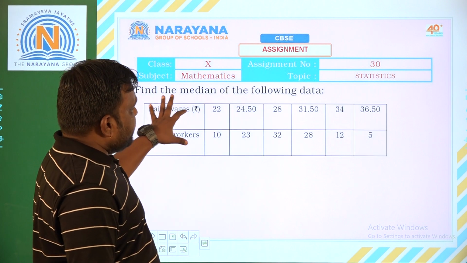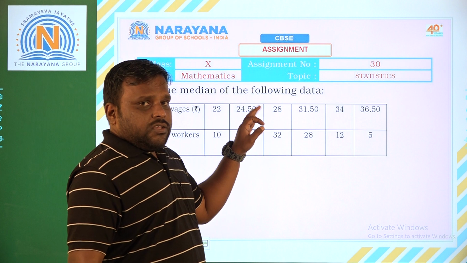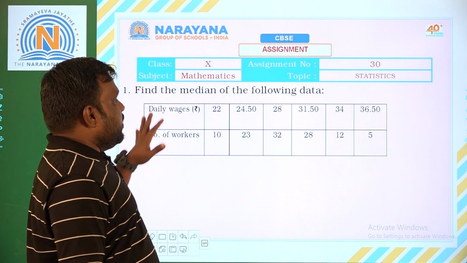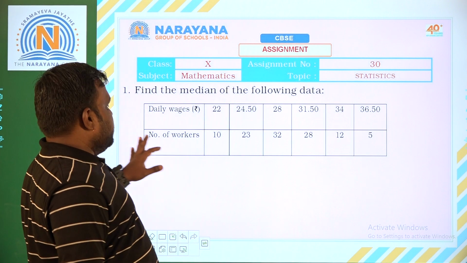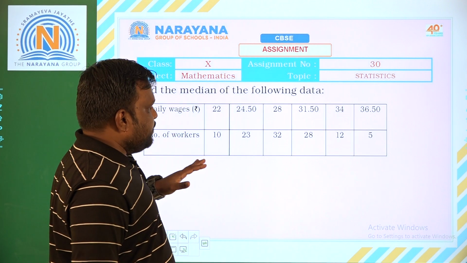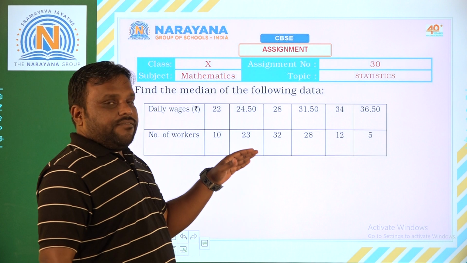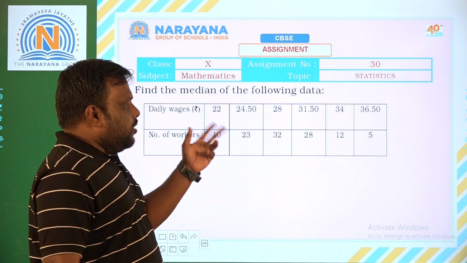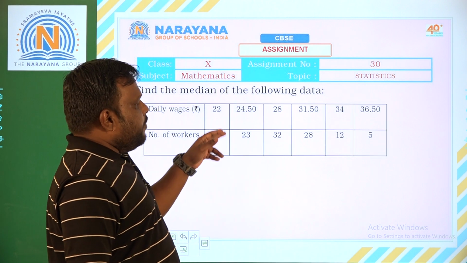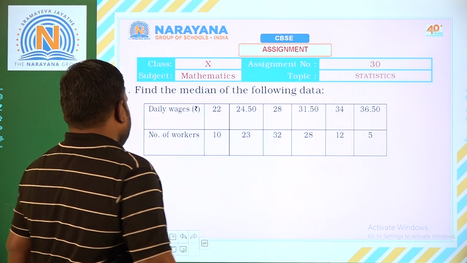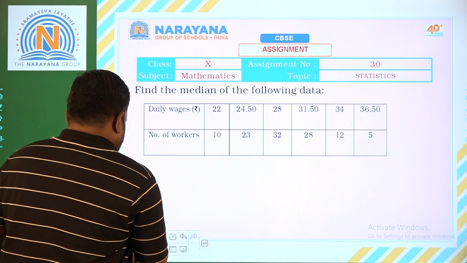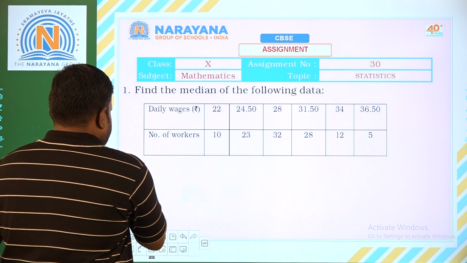So here we can see that this is ungrouped data. When you are going to find the median of this ungrouped data, what is the actual method of doing this? We just have to go for the total frequency, and after that we have to check whether it is even or odd. Depending upon the even or odd condition, we will be finding the median. So here, when you look at the solution for this,